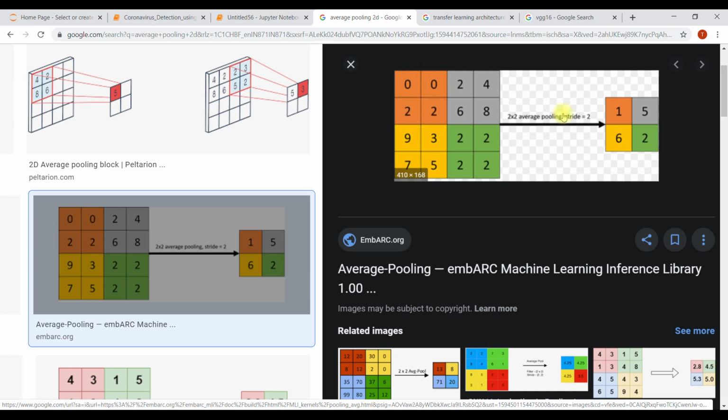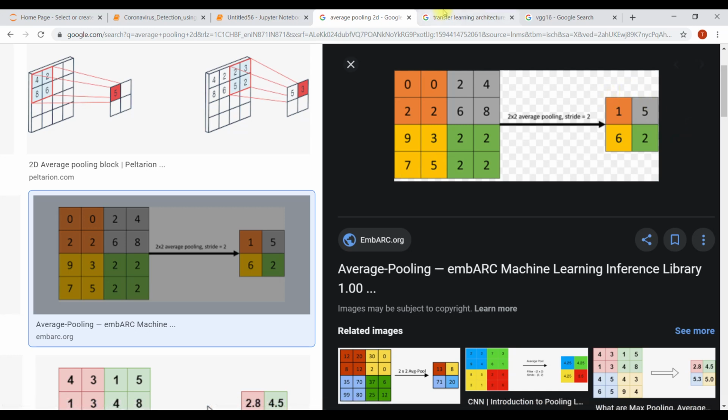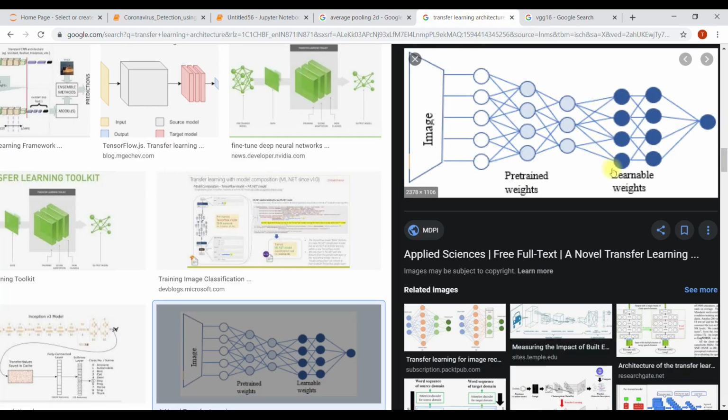For 0 0 2 2, the average is 1. In this 2 by 2, 6 4 2 8, the average is 5. In 9 3 7 5 6, the average is... and 2 2 2 2, the average is 2. So this layer gets the features as the average of previous layers.